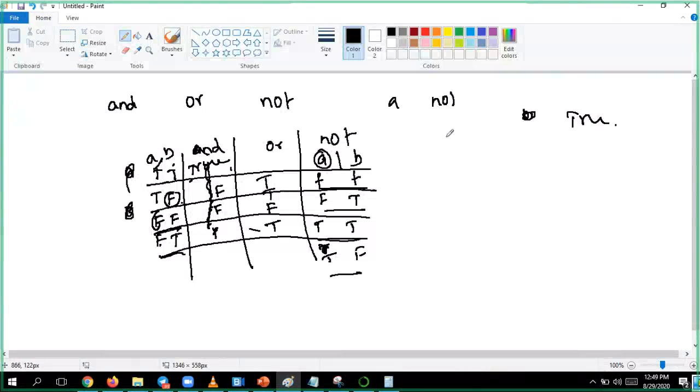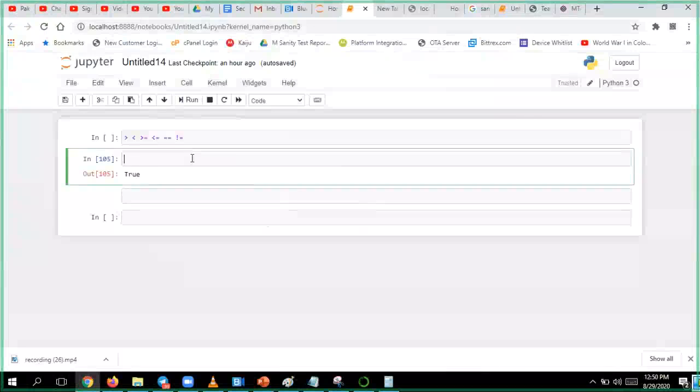Now let us see how these logical operators work. This truth table, just remember that. During your school days, you might have come across this truth table, so now we are just recapping that.